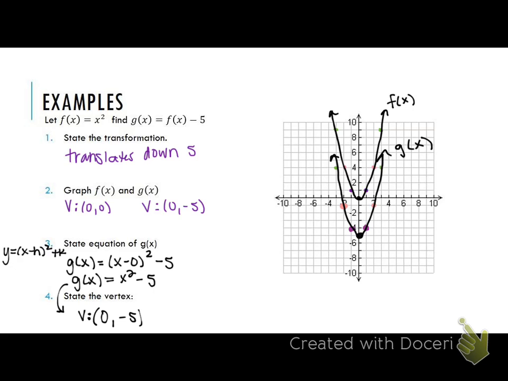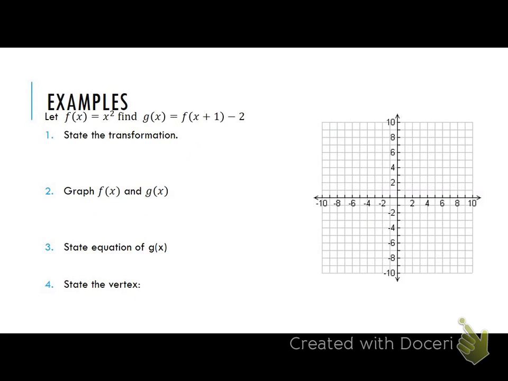All right, so what is going to happen in our next one? Tanari, what do you think is going to happen in that next one? Right 1, down 2. Careful. Down 2, right 1. That's the same thing. Down 2. So this is h. This is k. So h is opposite. So we translate left 1,